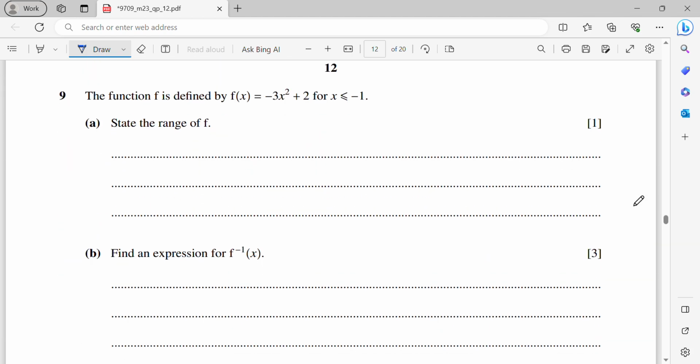Okay, now for question 9, the function f is given by negative 3x squared plus 2, whereby the x is less than or equal to minus 1. State the range of f. So the range is basically the y value, right? So now I will count what is my f of negative 1 first, because your x is inclusive of minus 1. So I will get negative 3 bracket negative 1 square plus 2. Then you will be getting